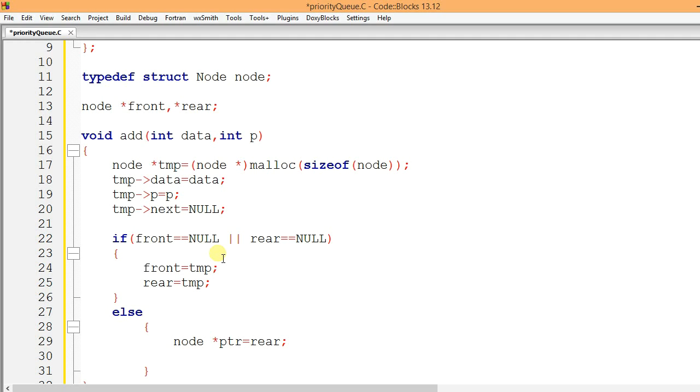Okay, how I'm going to structure it? Okay, let's do this. While the next element of ptr not equal to null, means ptr is not equal to first element, or